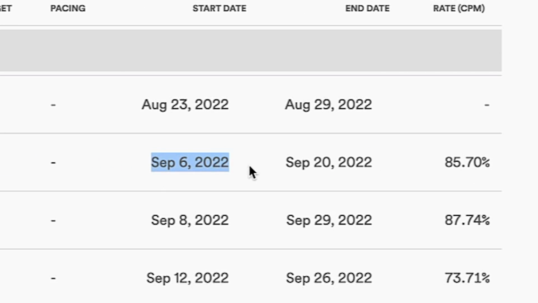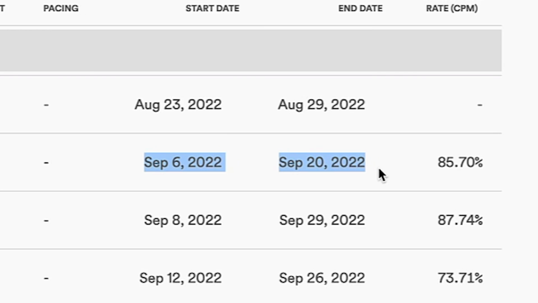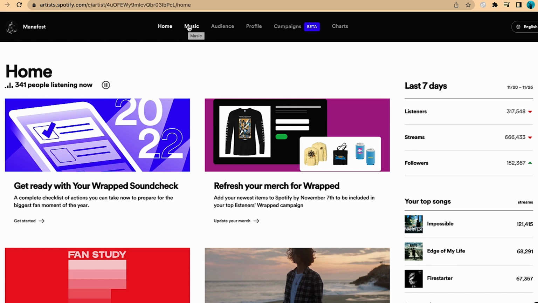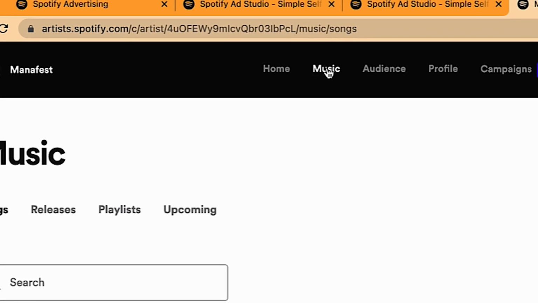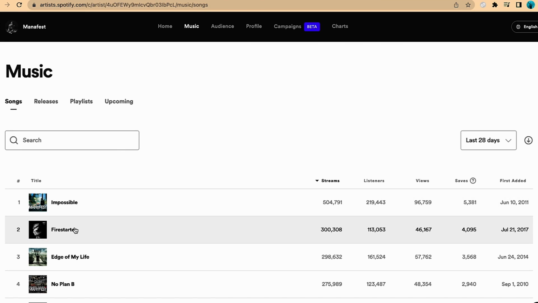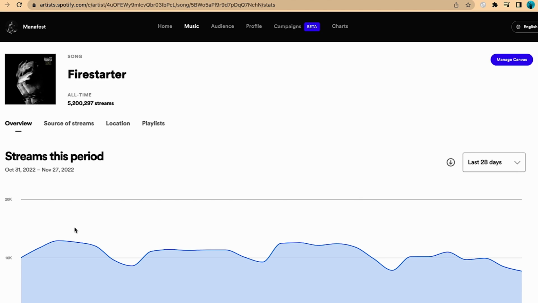So this is the big mistake that I made, is that we should have expanded this and run this longer so that Spotify could get more data, because you don't want just big spikes. You want consistent feeding Spotify's algorithm so that it triggers and it shares the song. If you've never seen one of my videos on how we trigger the algorithm, I want to show you right now. I'm in my artist.spotify.com, my artist account, and I want to show you what happens when you trigger Spotify's